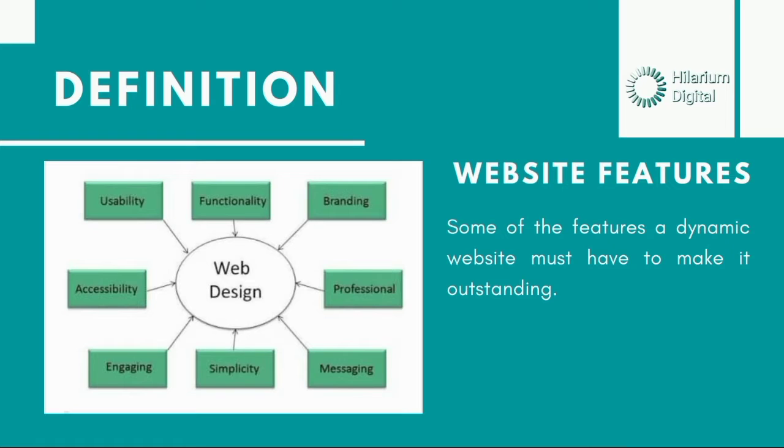It needs to serve a purpose. A website is not just there for the name of having a website. It needs to serve a purpose. The functionality should be either it's where you go to download something, or the function should be like it has a tool, or whatsoever it is. All right. So for the branding, the website should be branded, like you have your company logo, your brand logo, your store logo, whatsoever, your store colors. Every website should have a color. We're going to talk about this later in this same video, right? So the branding should be there.